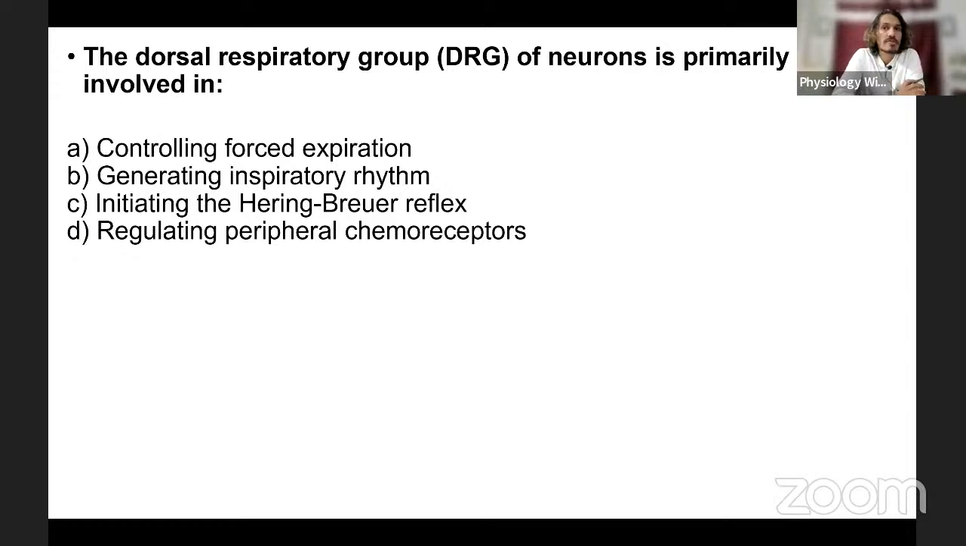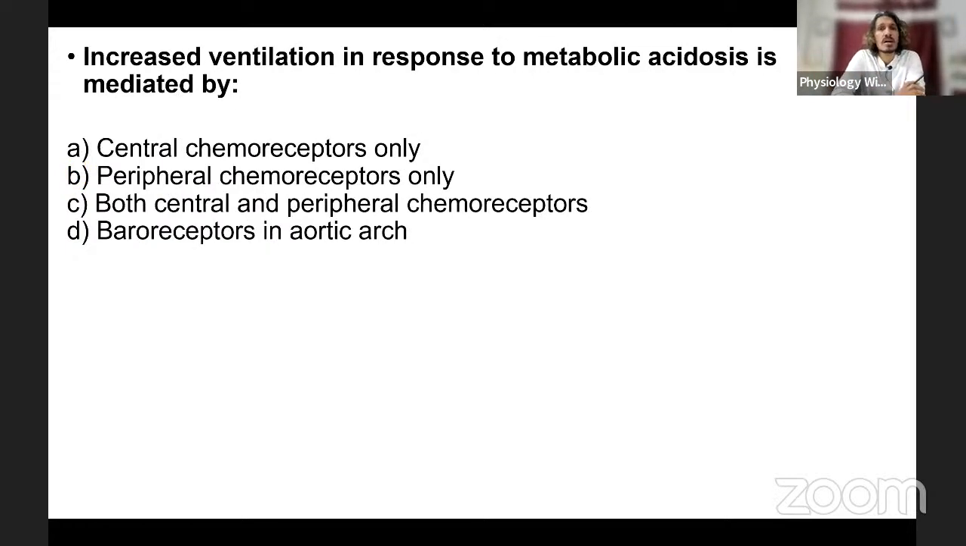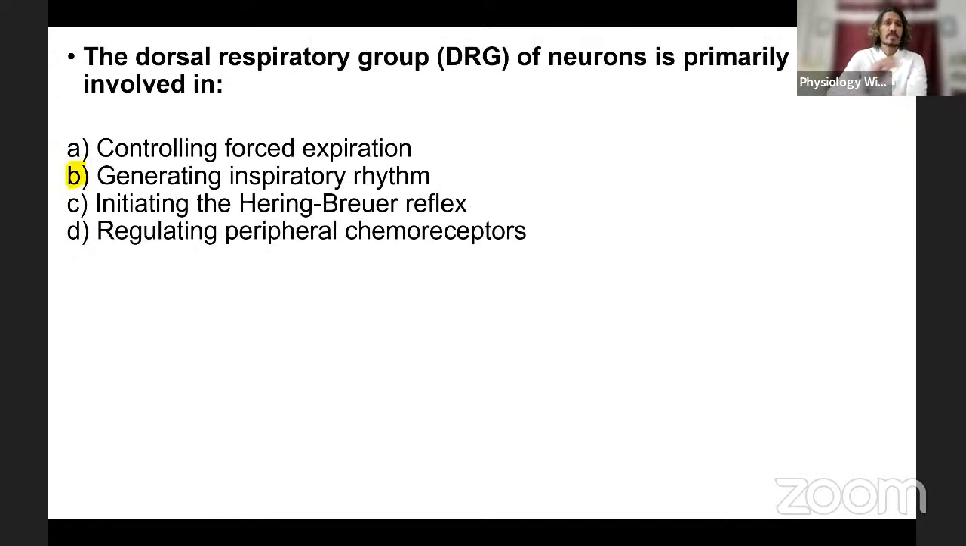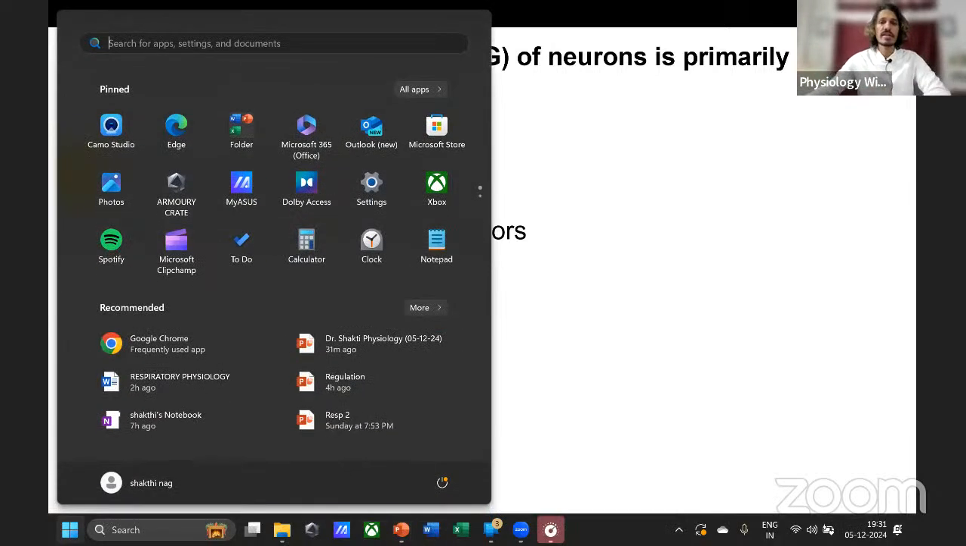Dorsal respiratory group of neurons is primarily involved in, so you know that it is for your normal respiration. That too, inspiration. Out of the options, the best option will be generating your inspiratory rhythm. So I'll just leave it there. We'll go back